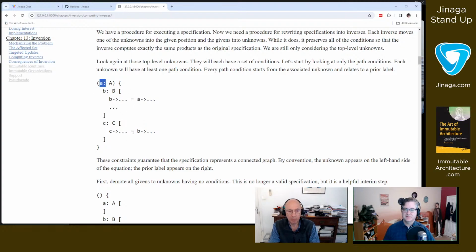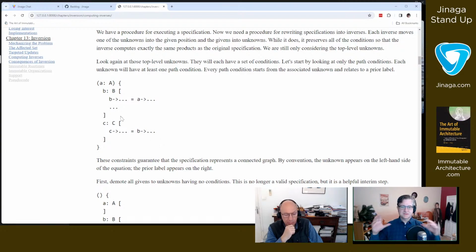So end at the given or end at a prior unknown, so a prior label. The convention is just the order in which those two things happen. So it's always the unknown itself on the left. But even without that convention, it's always got to be relating this fact to some prior unknown.